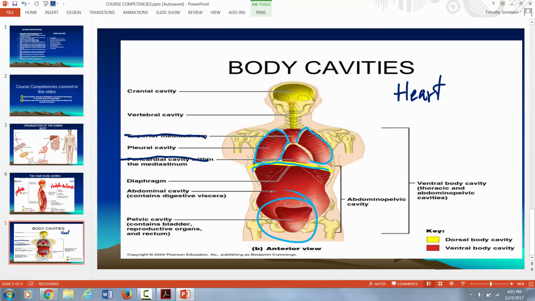So you're going to think, hey, something's going on with the reproductive organs. If they're having chest pain, pleural cavity pain, then something could be going on with their heart or lungs. So understanding these cavities is important when you start getting into your clinical classes and understanding disease and treating it. Okay, so